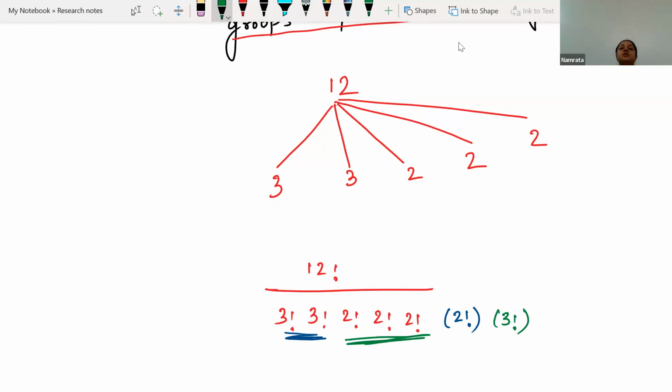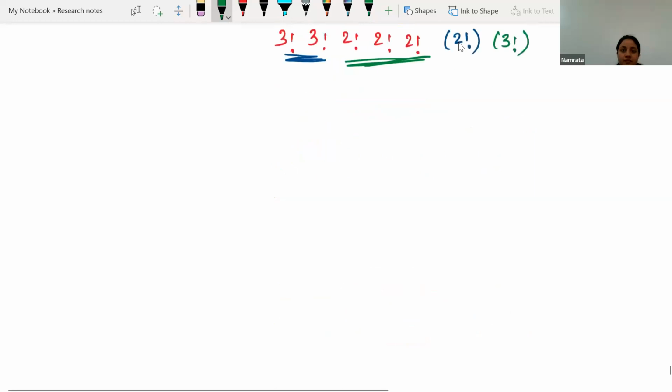This is how we will be solving the mixed group problem. Okay, so these are the concepts which are related to division into groups. Now let me take the next concept. Now we are going to take multinomials